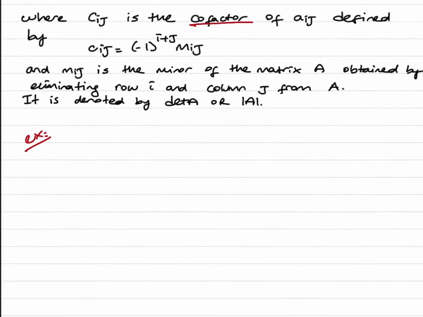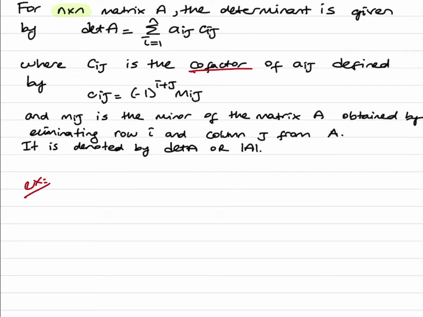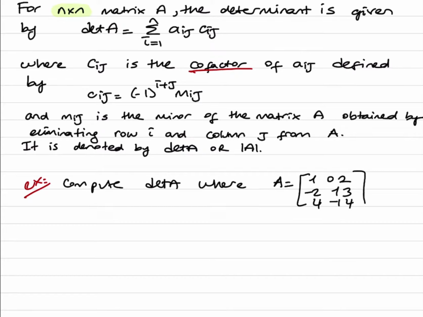Okay, let me give an example, so I think you will understand better. Compute the determinant of A, where A is given as this matrix: 1 0 2, minus 2 1 3, 4 minus 1 4. So this is a 3 by 3 matrix. So it is a square matrix,